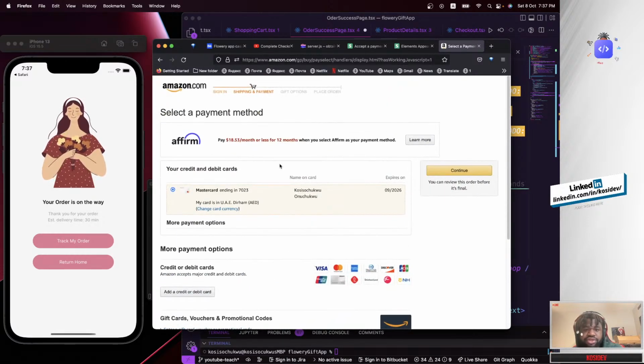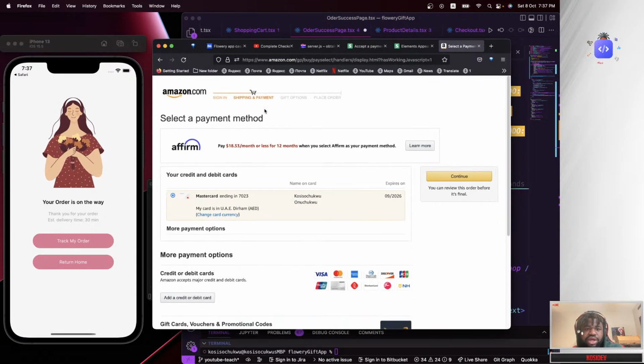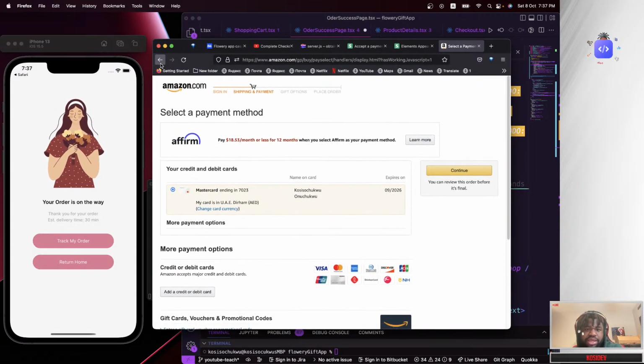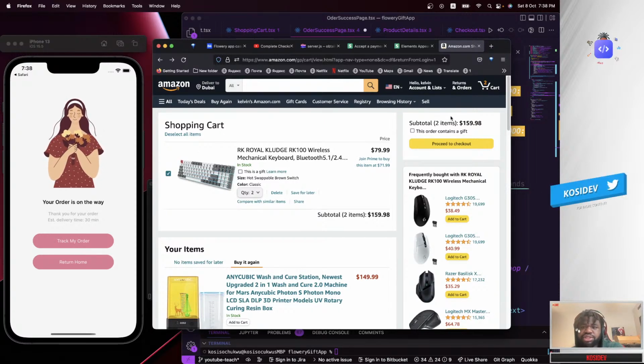But let's say you made the whole payment and purchase, and if you go back, you won't be able to see these items in your shopping cart anymore. Your shopping cart should be empty after buying stuff from Amazon. It doesn't make sense to buy stuff from any website and come back to your shopping cart and still see the same items. That doesn't make any sense.